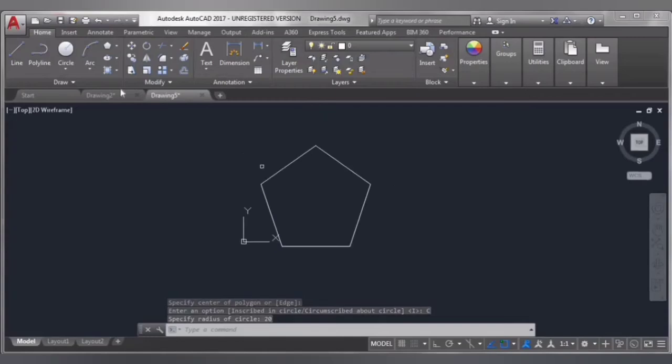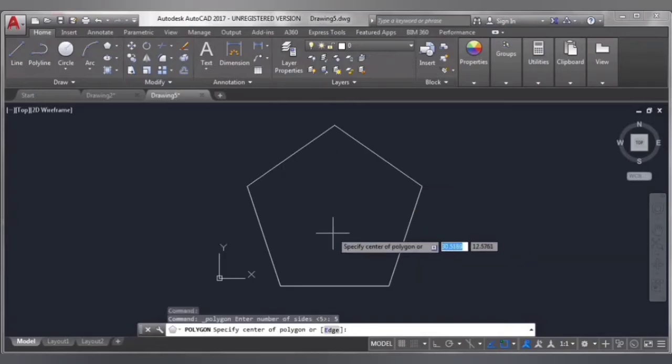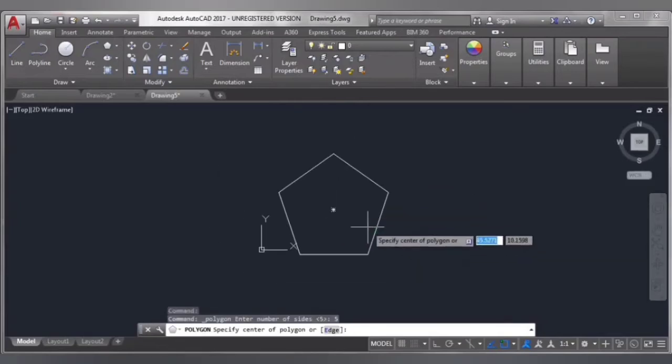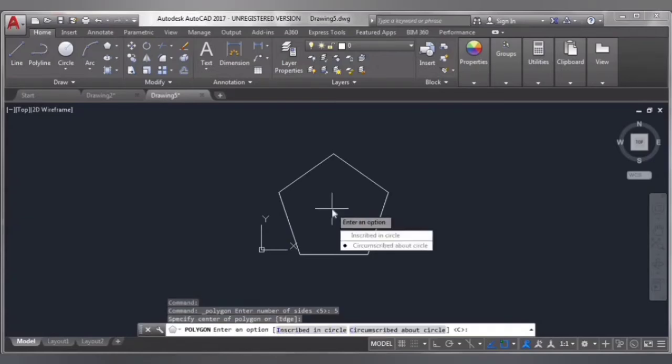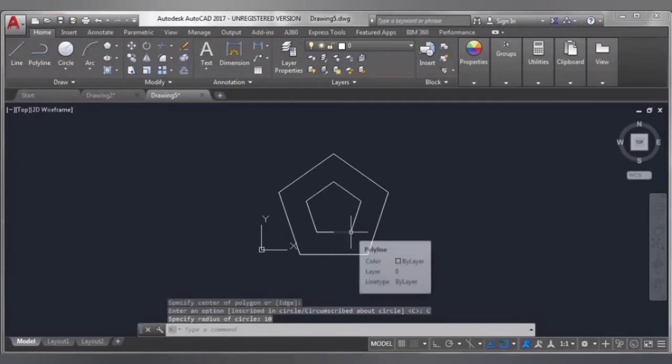and I'm taking polygon again by 5 side and specify the center of this polygon. And I'm taking this polygon by 10 radius. These two polygons are in the same direction,